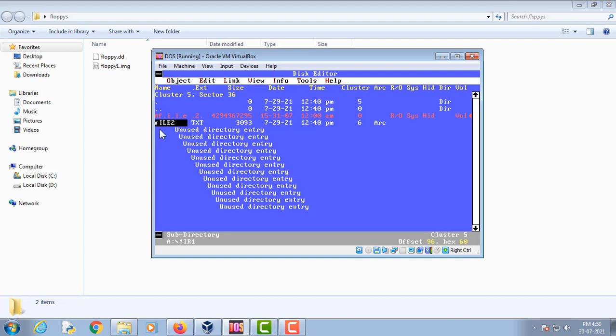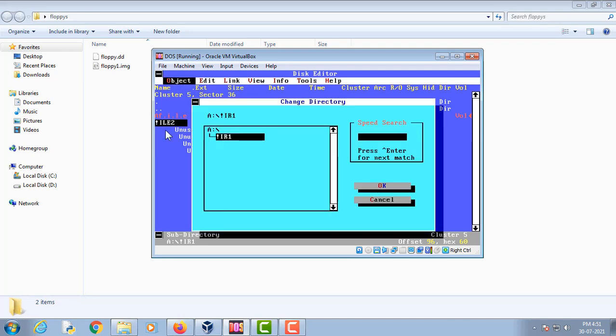Since from a hacker's point of view, a hacker doesn't know what the name of file2.txt was, instead of replacing this sigma character with any random character, we will replace it with an exclamation mark.